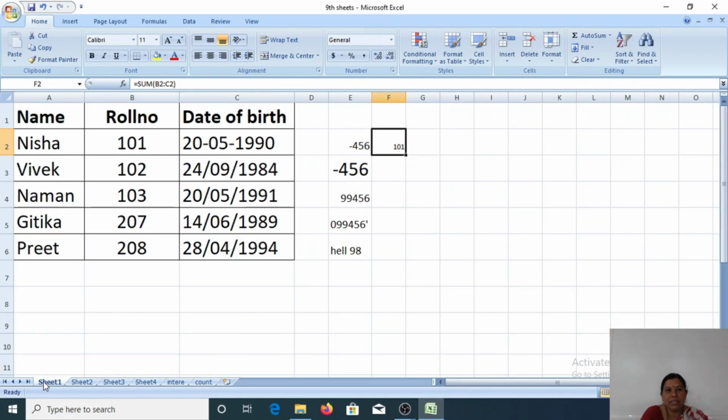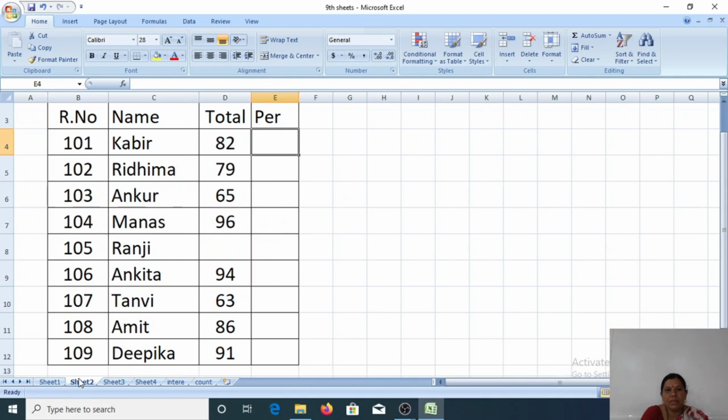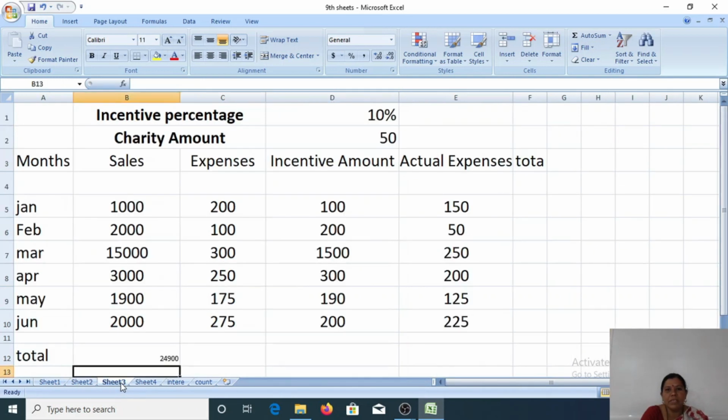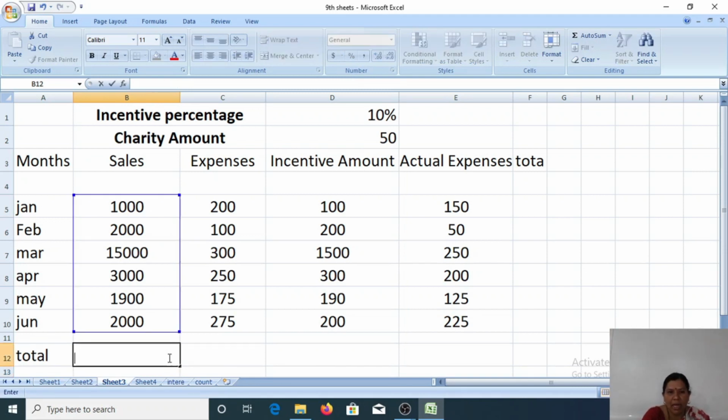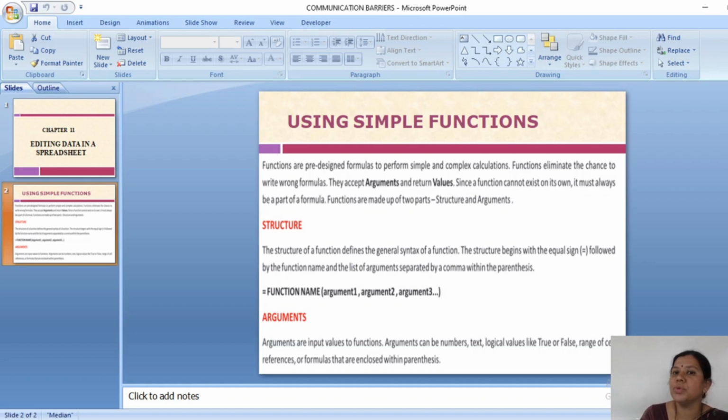Now selecting the range. I will show you selecting the range. See here, for example, you already got 24,900. I applied a formula; now I'll do it using a simple function. Functions are pre-designed formulas to perform simple as well as complex calculations.